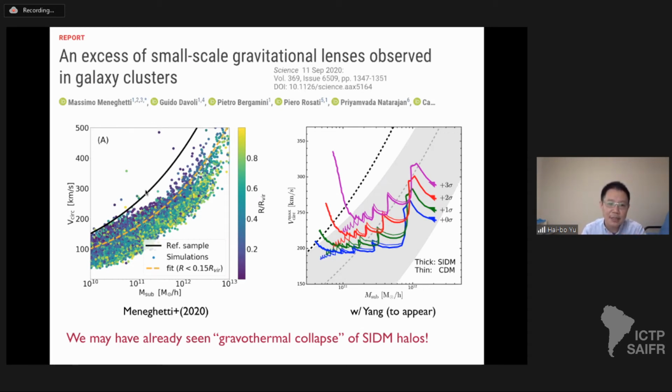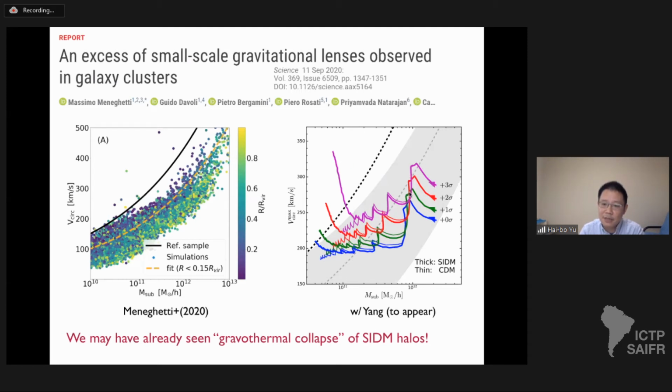And what you can see is there's a big gap, right? Certainly there's a gap. So this observation shows that CDM substructure in the clusters is not dense enough to explain the observed data. While in the SIDM case, what you can see is that if the core collapse occurs, you can easily get a large central density. So let me just show you an example.